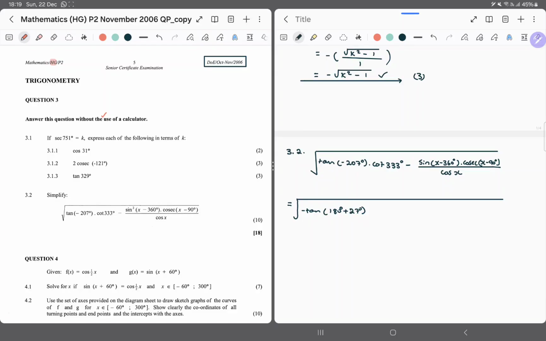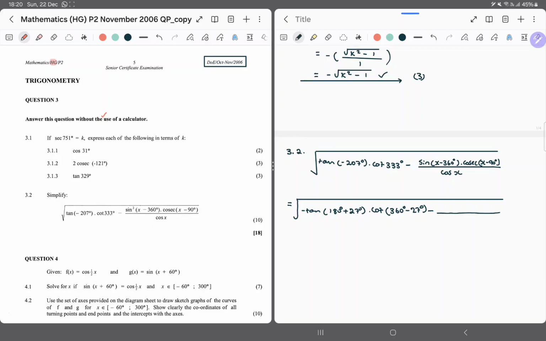So we don't want to waste any of our time. That angle there, this is the cot of 360 degrees minus 27 degrees, times